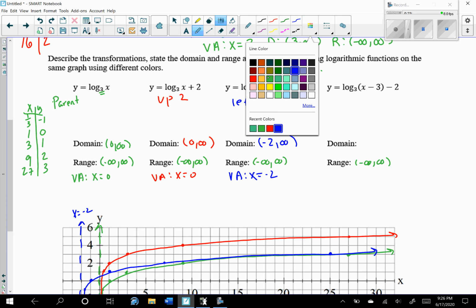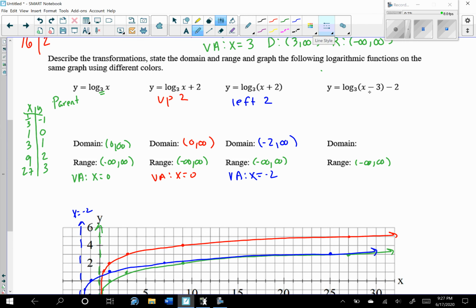So for this one, we have the inside, which moves our graph to the right 3. And then we're going to move the one on the outside down 2. So right 3, and then down 2. And I'm just going to do both the transformations together, because we already have a lot of graphs